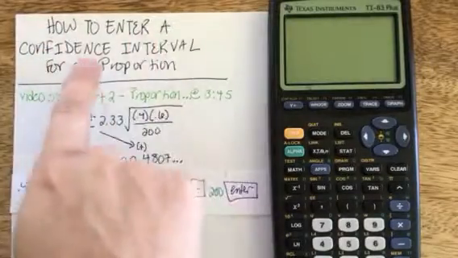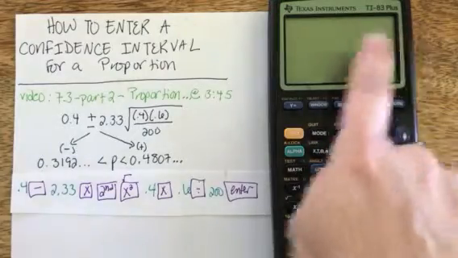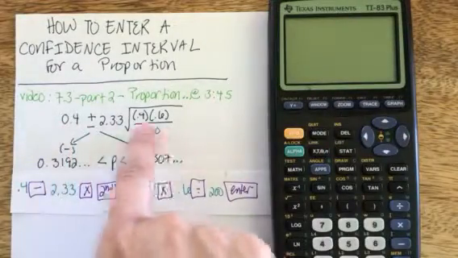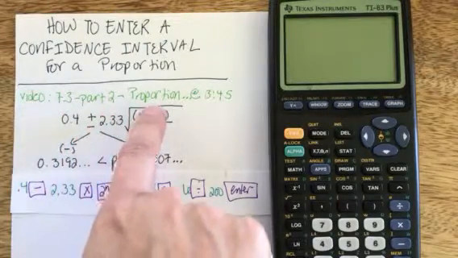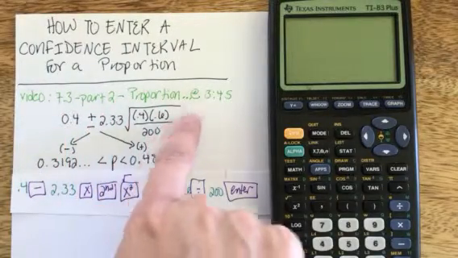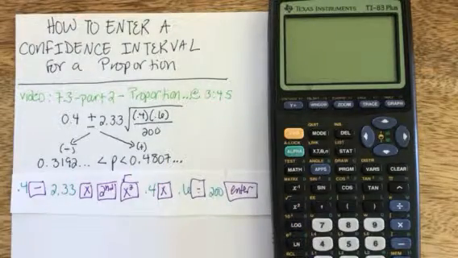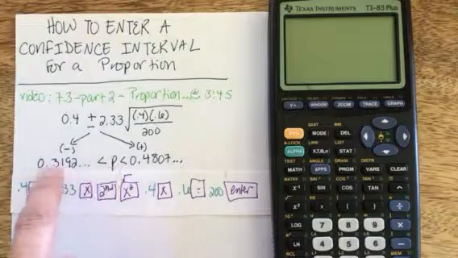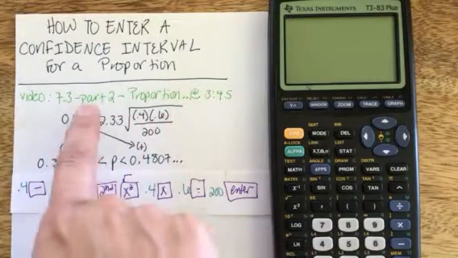Here's how to enter a confidence interval for a proportion on the TI-83 Plus. I'm going to be solving a problem from my video titled 7.3 Part 2 Proportions, and this particular problem shows up in timestamp 3 minutes and 45 seconds. Proportion confidence intervals have a lower and an upper bound where you're basically solving the same problem